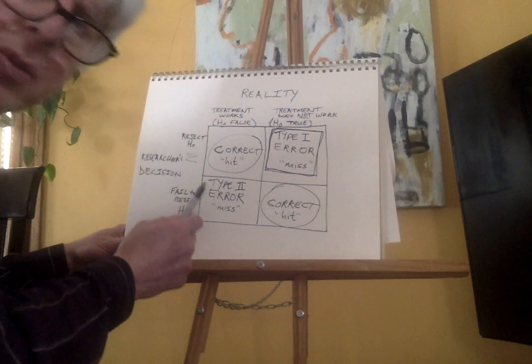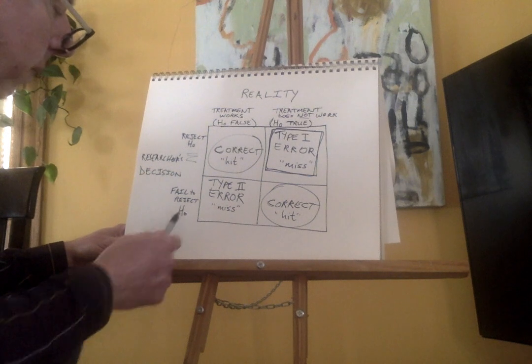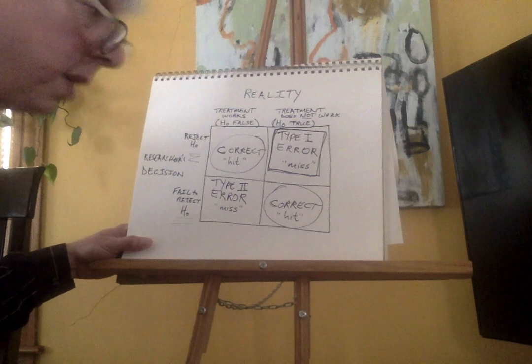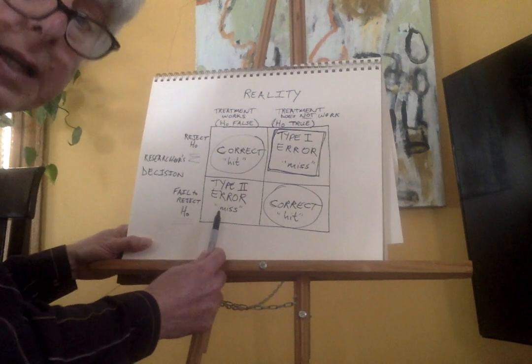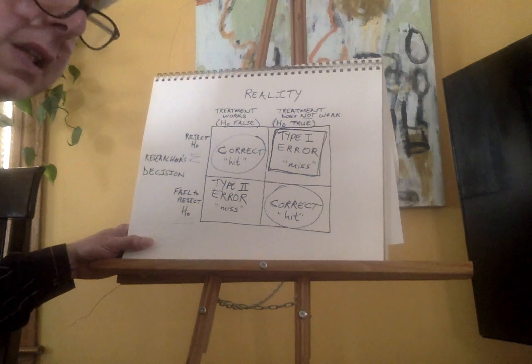What's happening with the type 2 error? What's happening with this type 2 error? Well, the researcher says, I don't think that the treatment had an effect, but in reality it did. So that's an error, okay? The reason that this is not seen